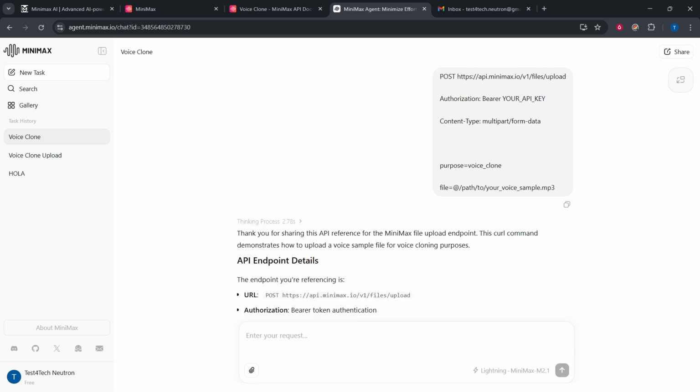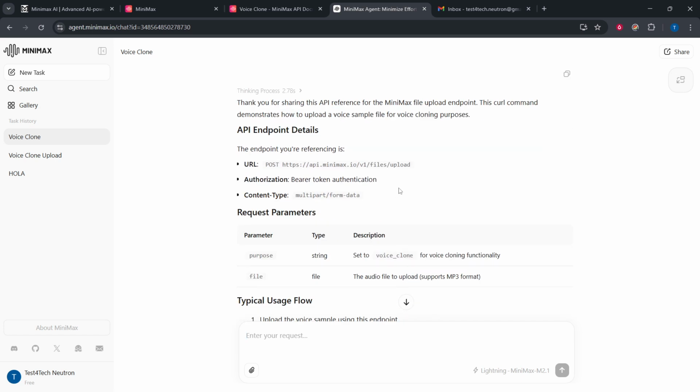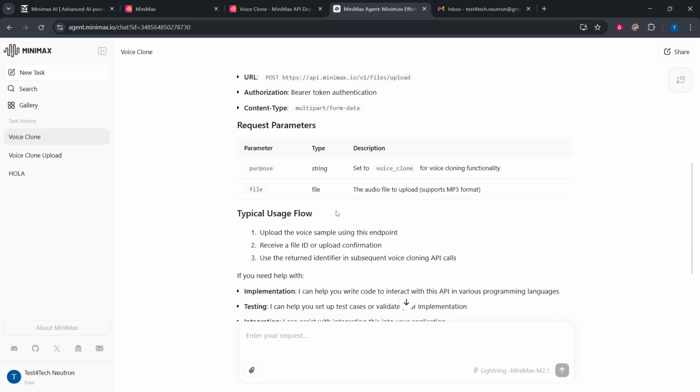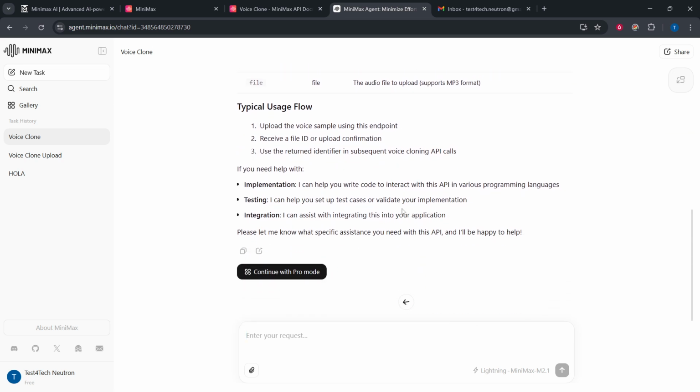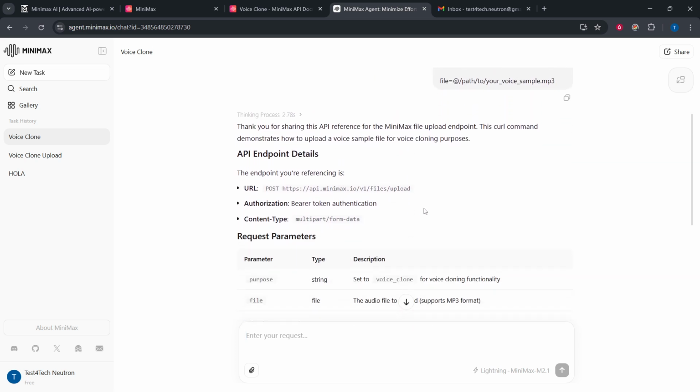If you run into errors, double-check that your authorization header is present and correctly formatted. Confirm you're sending multipart form data. Verify the purpose field is spelled as voice clone, and ensure the file path points to a real MP3 on your system. That's it. You've uploaded your voice sample to Minimax AI and obtained the file ID you'll use for